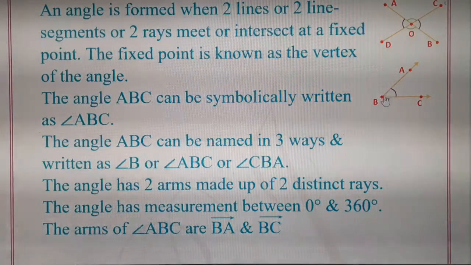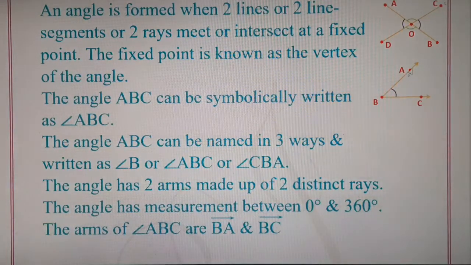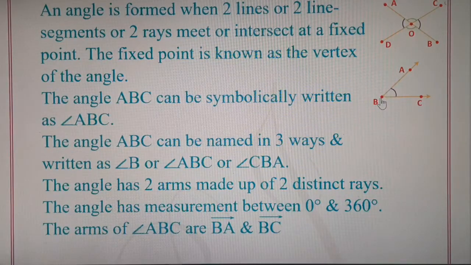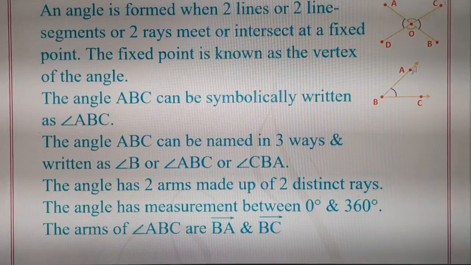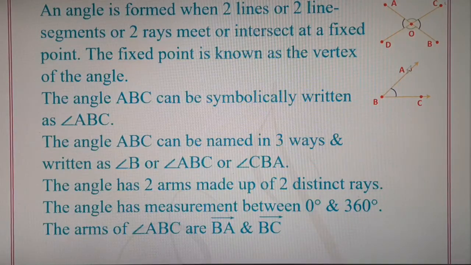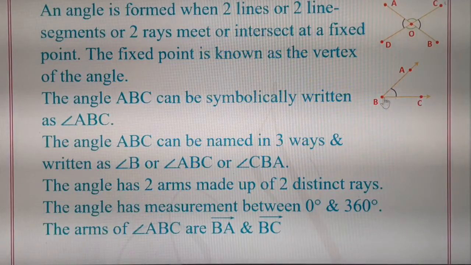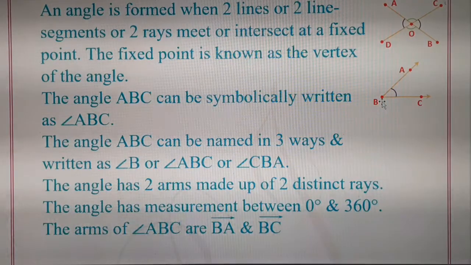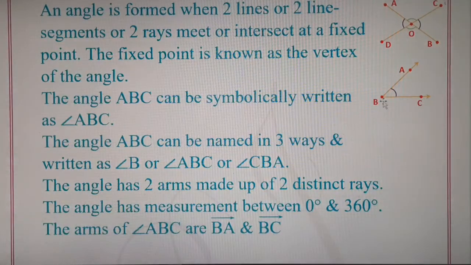It will be wrong because then the direction of the arrow will change. So in this particular diagram, the ray, which is the arm of the angle, will be mentioned as ray BA. The ray is starting from point B and extended towards point A. So this ray will be named as ray BA. Similarly, the second arm of the angle, ray BC, cannot be named as ray CB because the direction of the arrow will change. So the starting point should be mentioned first while naming a ray, and the direction in which the ray is extended, that should be mentioned later on.